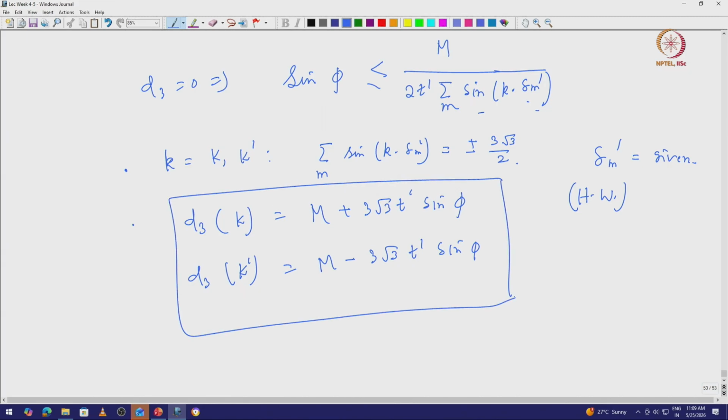So you have to choose m and phi such that m is not always greater than this. If this is always greater than this, then this will always be positive, and this is also positive. So the criteria then is m is to be less than